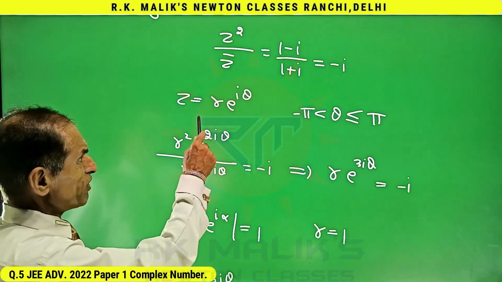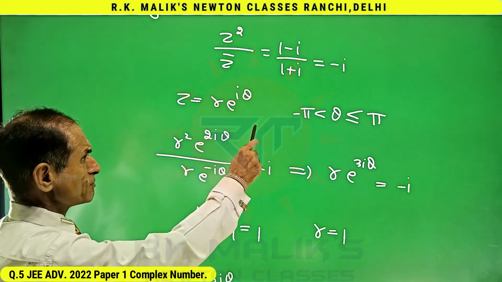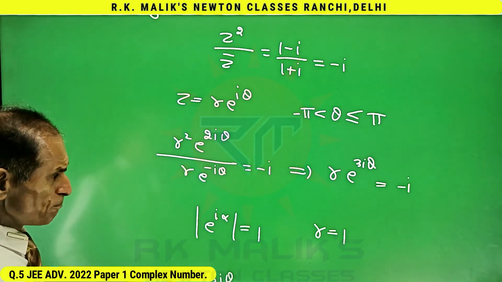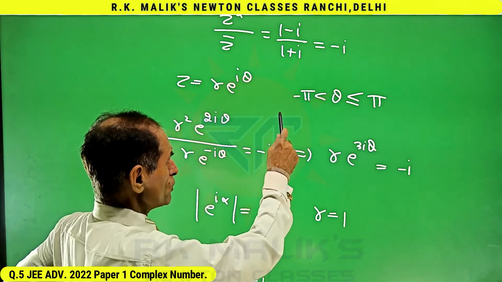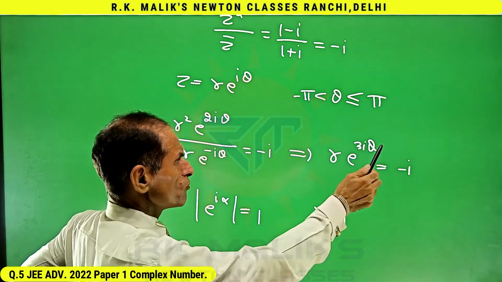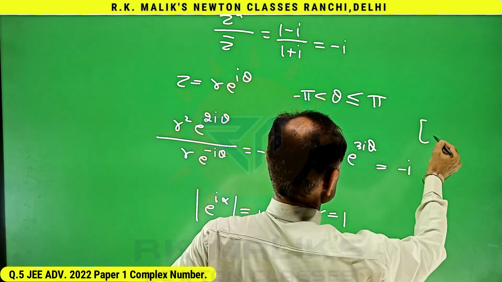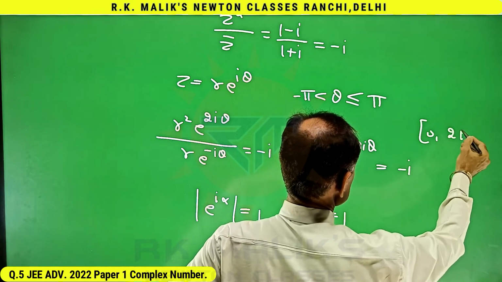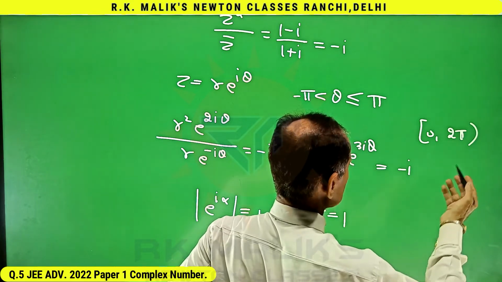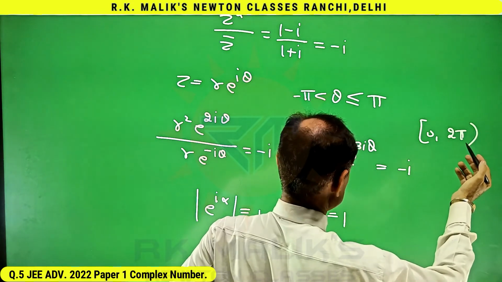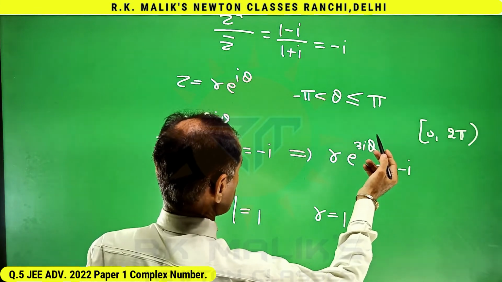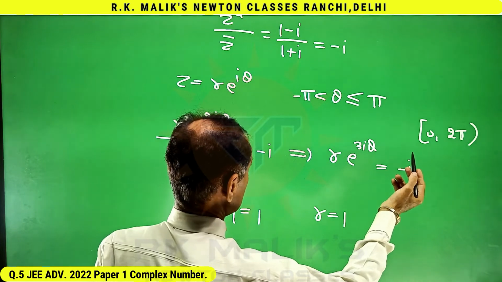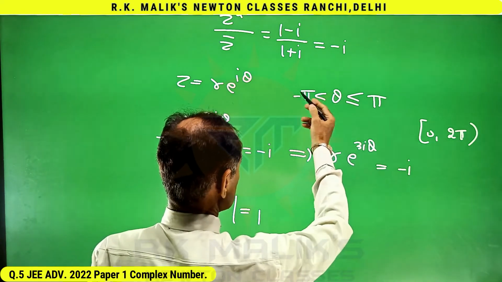I will be getting different values of z only when theta lies between minus pi and pi. It is not necessary to take minus pi to pi. We can also take 0 to 2 pi, and more possibilities are also there. But because we are comfortable with dealing with the questions of principal argument of z, therefore it is better to